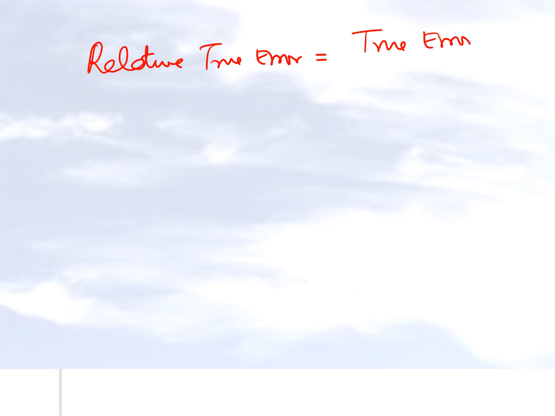So what we do, we have to define something called relative true error. Because now what we're going to do is we're going to normalize our true error by saying that, hey, it is the true error divided by the true value. So this basically gives us a proportion of it, and the relative true error is denoted by epsilon of t. So we had true error which was denoted by e sub t. The relative true error is denoted by epsilon of t. So let's go and take an example, same example as we had before, and see, hey, what do we get as the relative true error?